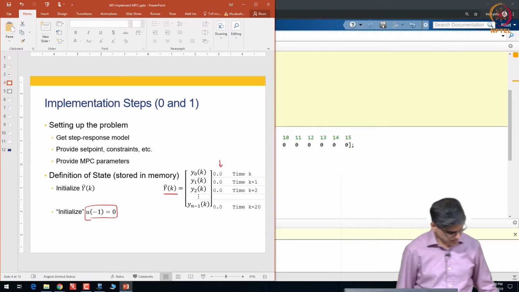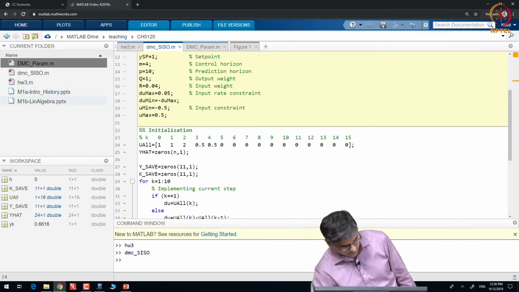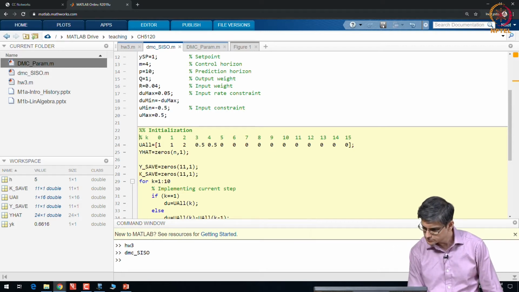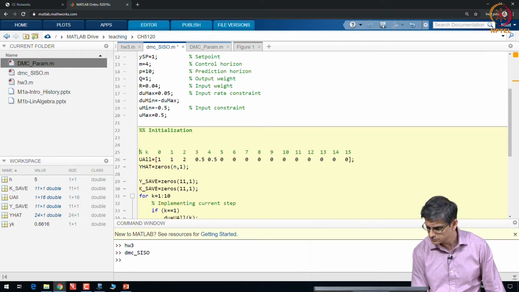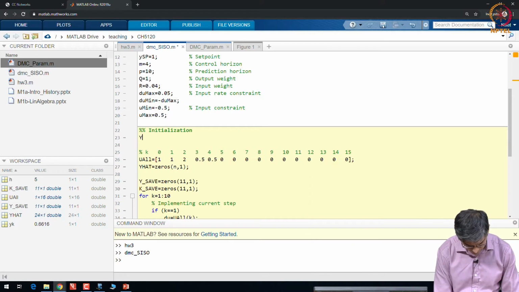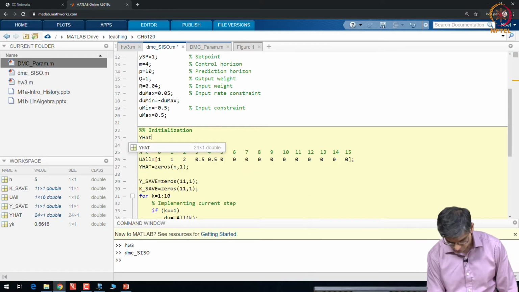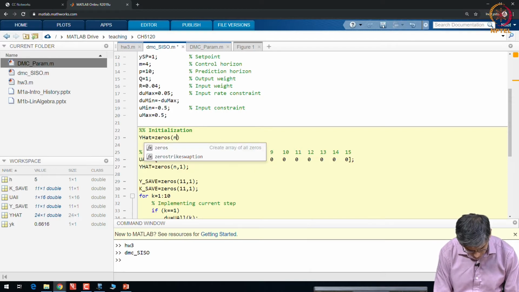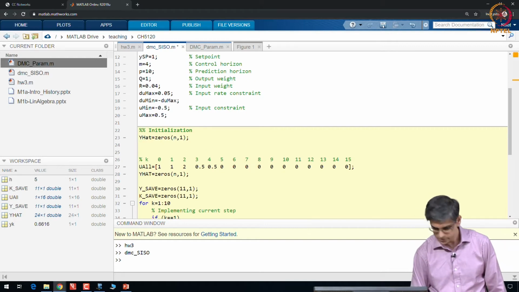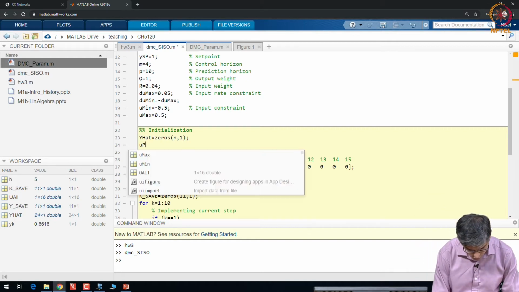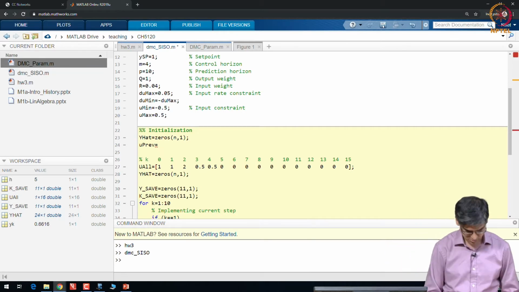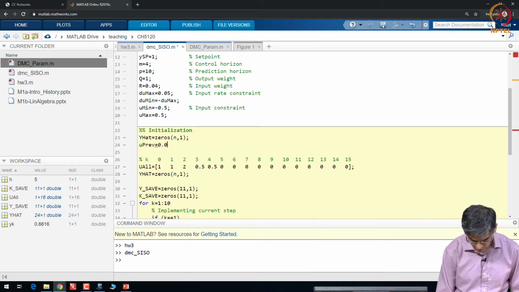Initialize y tilde k, let us do that. y hat equal to zeros n comma 1, and u, I will just call u priv for u previous, you can call it whatever you want.